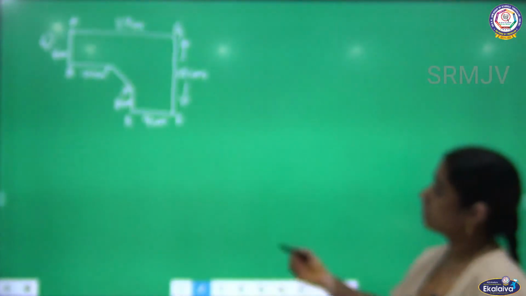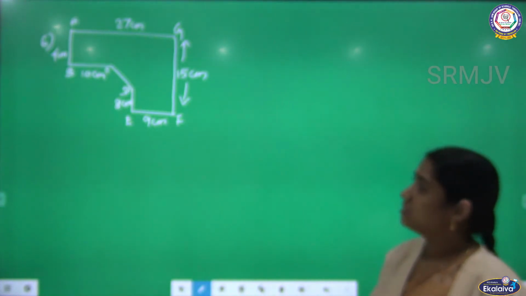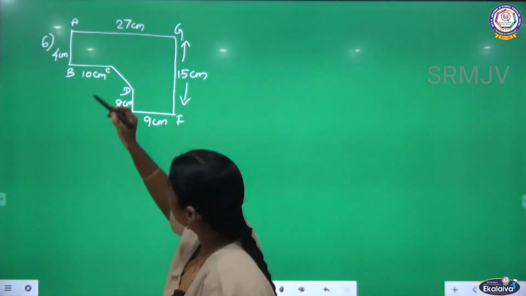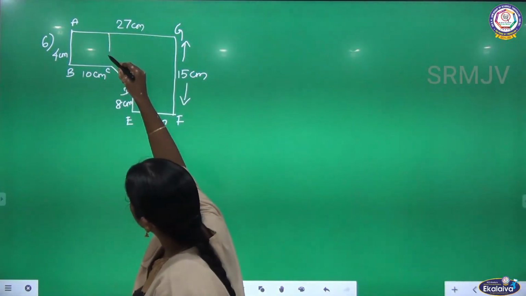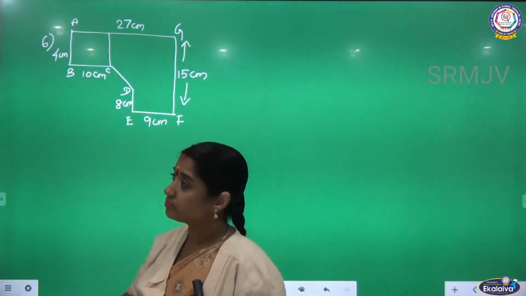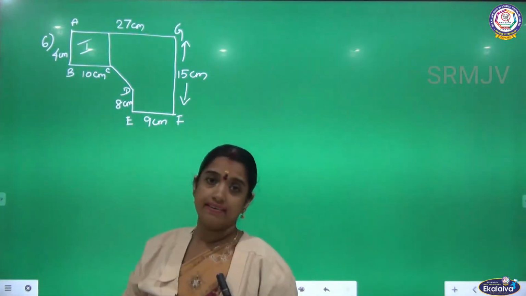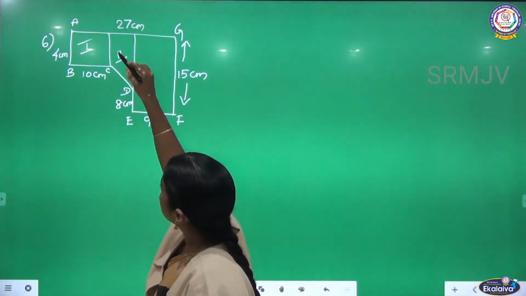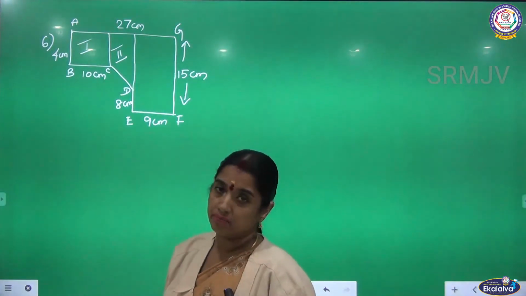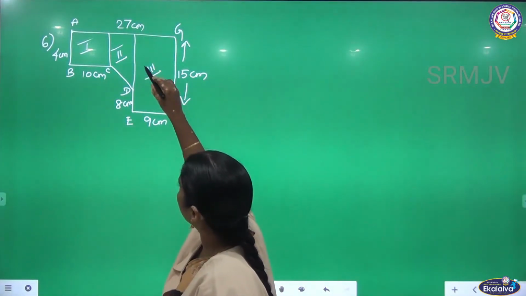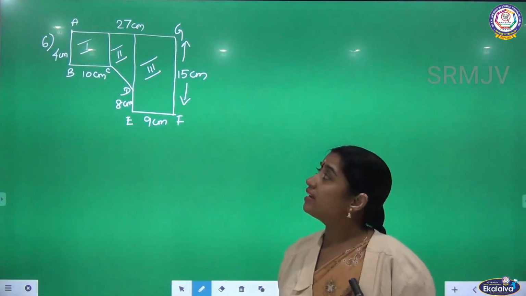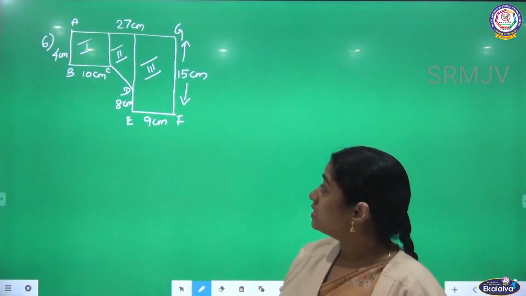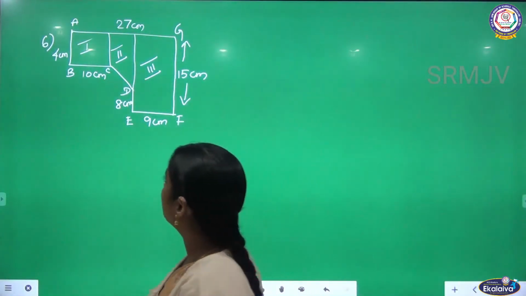See this, sixth sum. See the polygon. What I have to do? Listen, if I draw a line like this, I can get one rectangle. Got it? And if I draw one more line like this, I can get the trapezium. See, and this is what? Rectangle. So in this figure I am having 2 rectangles and 1 trapezium. Shall I write the measurement for this?